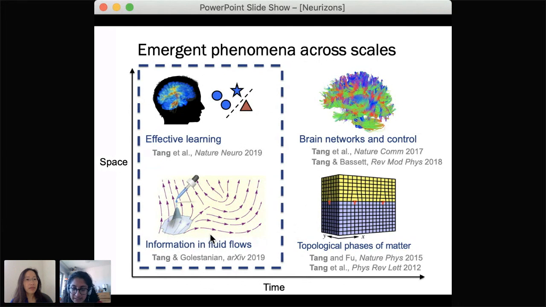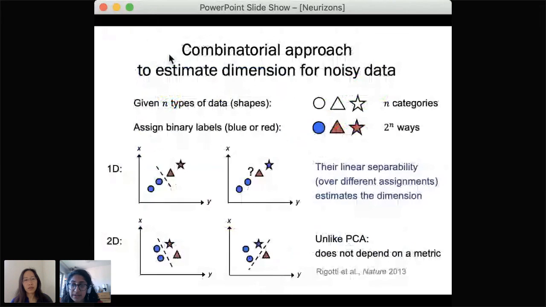We have another question from Sylvia. She asks, I'd be interested to understand better how dimensionality was estimated in the first part of the talk. I understood that it is estimated by assigning all possible assignments to each object/data point. Why then does dimensionality decrease after shuffling labels of learned objects for good learners?